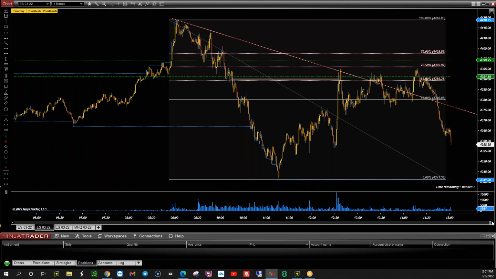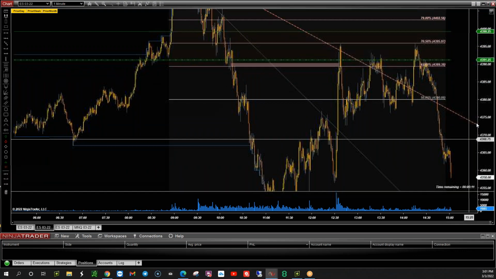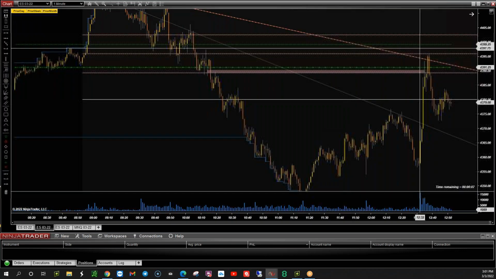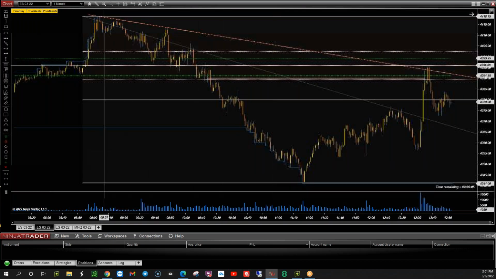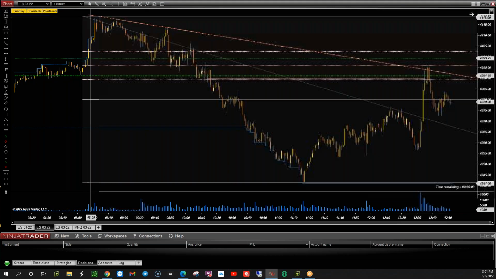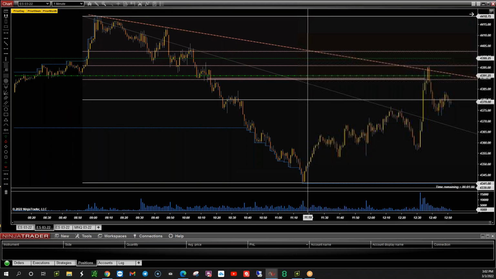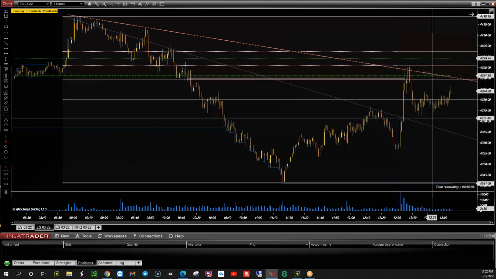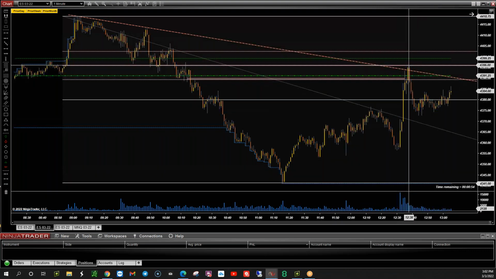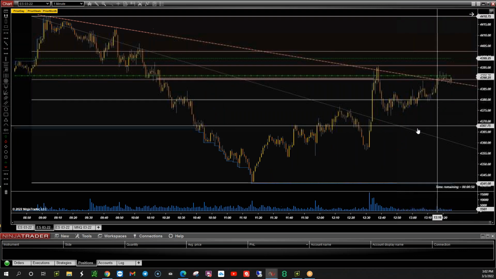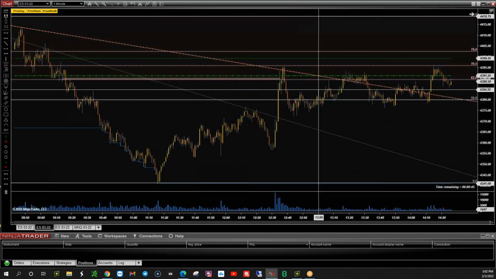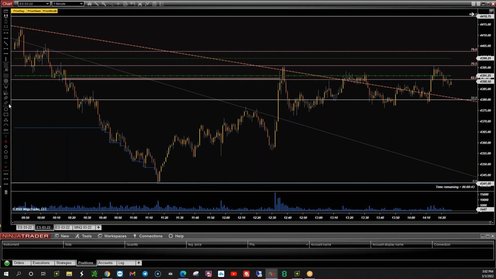sorry about that. Once we open this up, clean it up, there we go. Okay, so we draw the fib from the high to the low, right here. We have a fib right here, this dotted line, and this dotted line here. That's a 70 and a 69. So that little zone there,